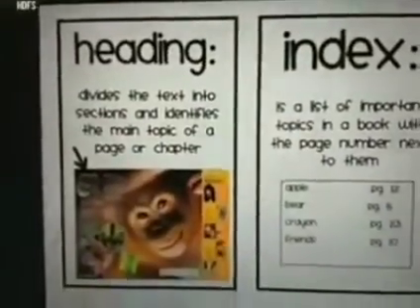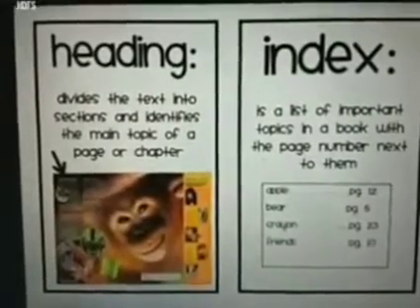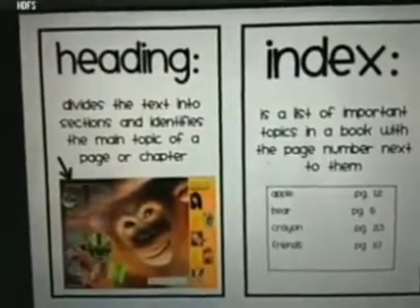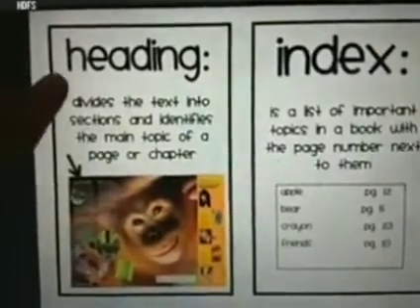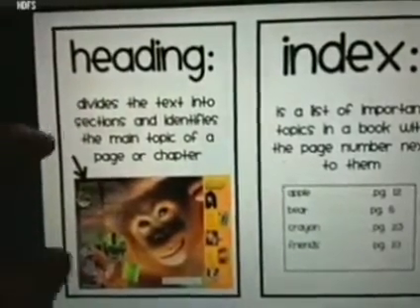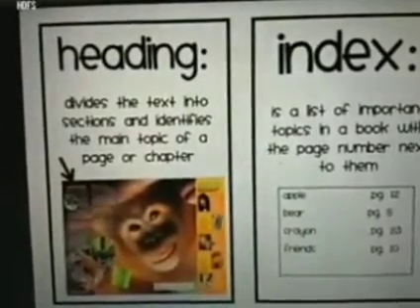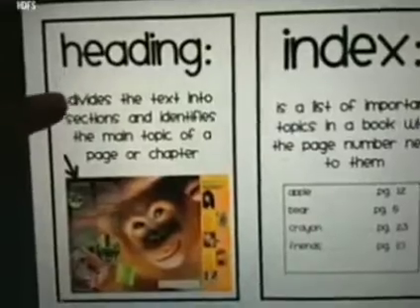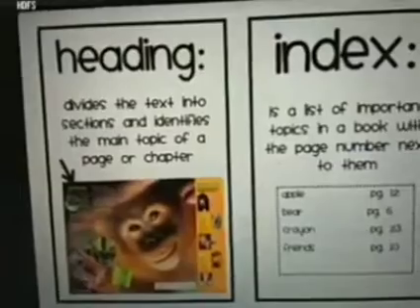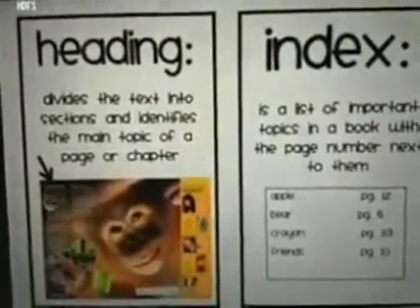Okay. And then there is the heading. Because this book has many different topics, every topic has a heading. There's a different chapter. So like here, maybe the book is about animals, so the heading can be just about monkeys. This chapter will be talking mainly about monkeys. It will be giving information about monkeys. So that's the heading.